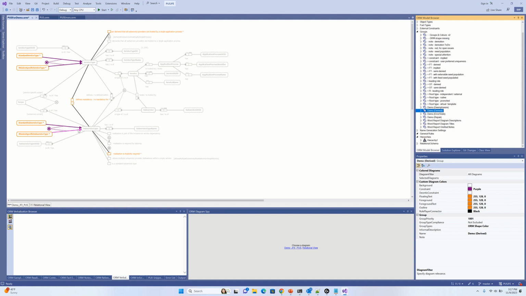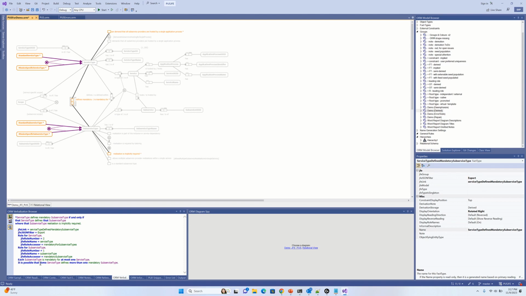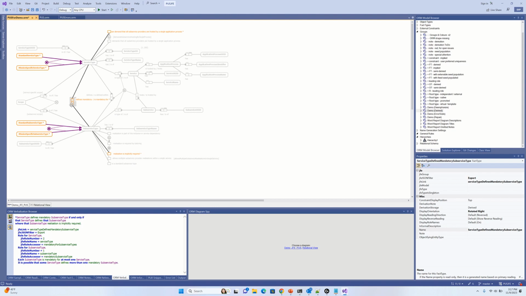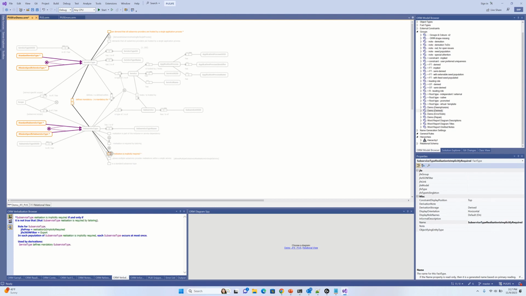Right. Okay, so the other thing to notice here is it's a good idea to click on these, and you can look now in the normal verbalization and see where they're used. Okay, hey, this is used by another derivation. Right, so that's actually used by this derivation, which relies on that. Now this is a trivial derivation. It's just a negation of this one, which also means that the exclusion constraint is